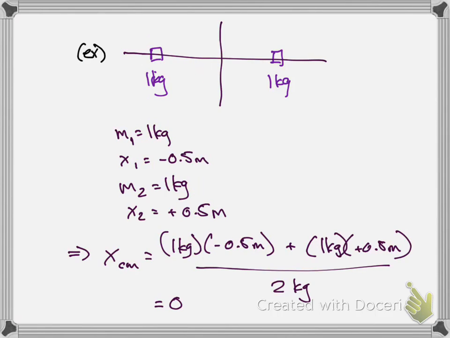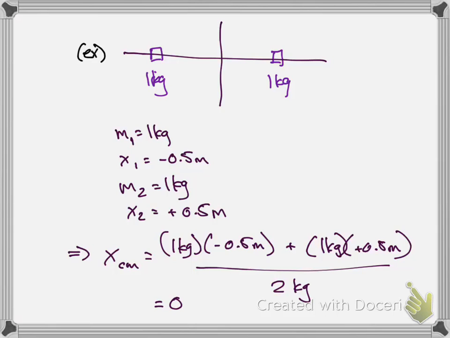So just pointing out that it doesn't matter where your coordinate axis is, but you have to pay attention to your coordinate axis. If I take the same 2 masses separated by 1 meter and I put my coordinate axis so that it's at the center, so that 0 is at the center, then the position of the mass on the left is at minus 0.5 meters. The position of the mass on the right is at plus 0.5 meters. Plug them into our sum of m1 x1 plus m2 x2 over m1 plus m2, and think about it, plug it in, you get 0.